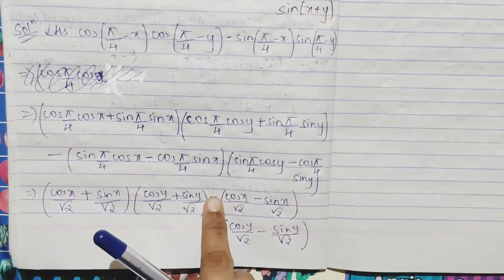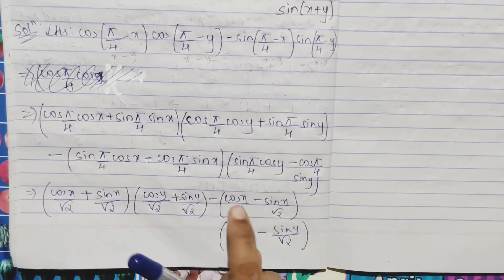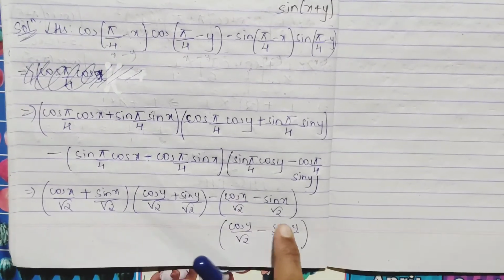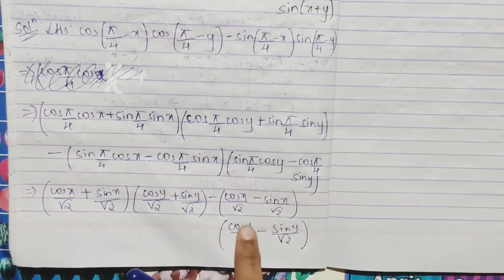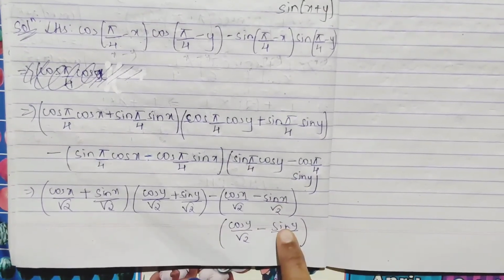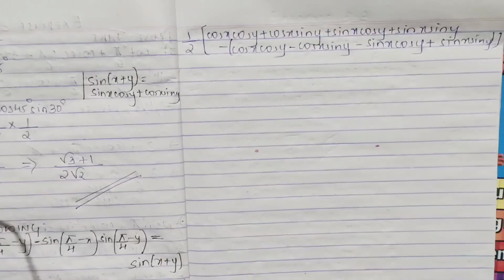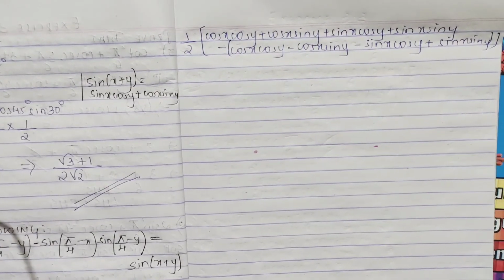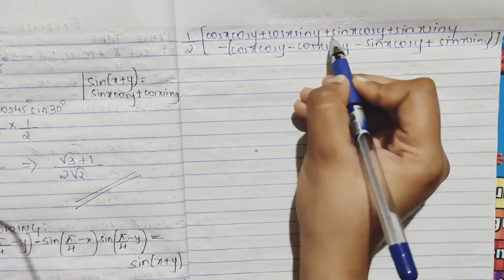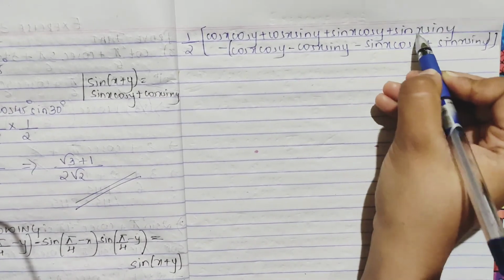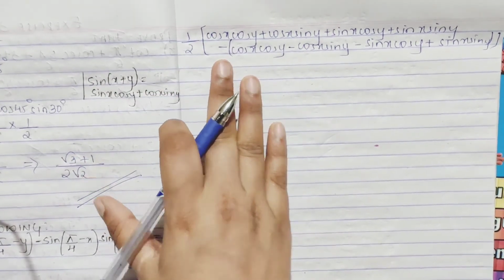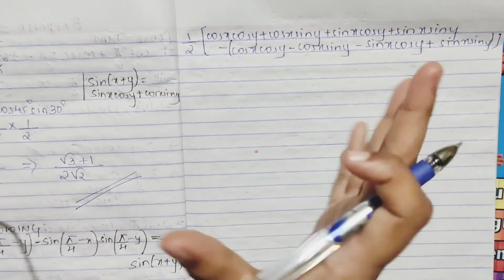Even the same here, minus this into this: cos x into cos y, minus cos x into sin y. Again here minus is there, minus sin x into cos y, here also minus into minus is plus sin x into sin y. Okay. So see I have written 1 by 2, I have taken it wholly common from everywhere: cos x into cos y plus cos x into sin y plus sin x into cos y plus sin x into sin y. Minus sign, keep your minus sign for the time being. If you try to do multiplication at once, you might get confused in a sign.